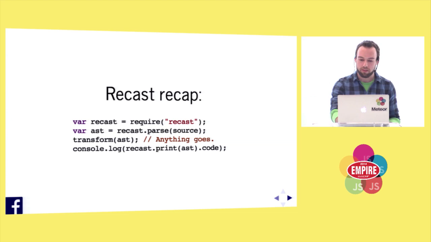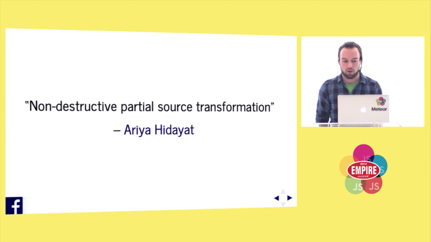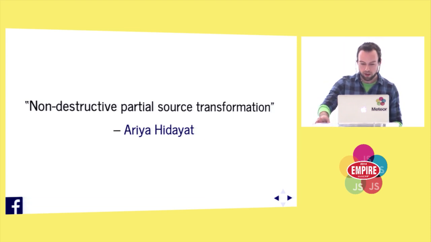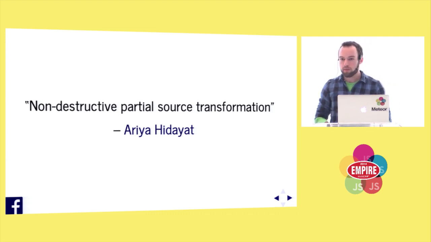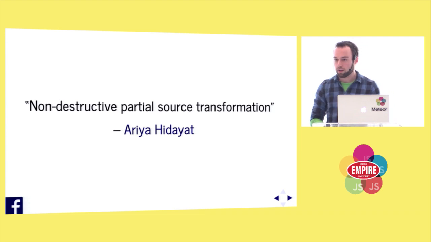And once you're done, you call recast.print on the same AST, and you get back some code. Now, what's special about this code? How is this different from what other tools give you? Well, it accomplishes something that the author of the Esprima parser has called non-destructive partial source transformation, which is, I think, a good term for reusing parts of your code that you didn't touch in modifying the abstract syntax tree and just copying them over to the result while falling back to a pretty printer in places where you did either create new nodes or do enough damage to the abstract syntax tree